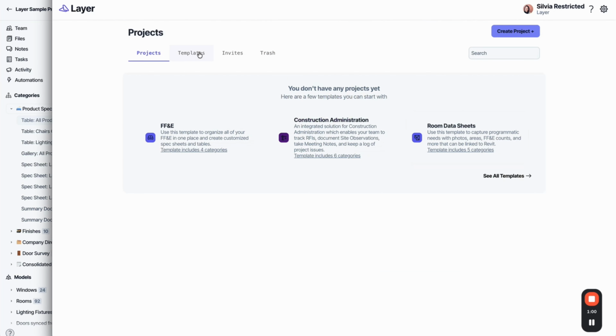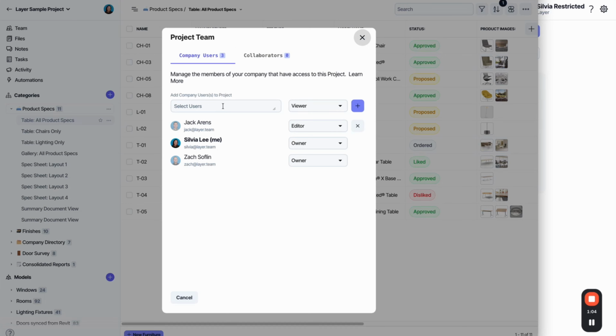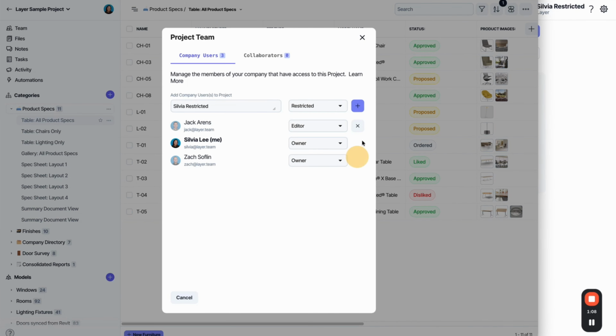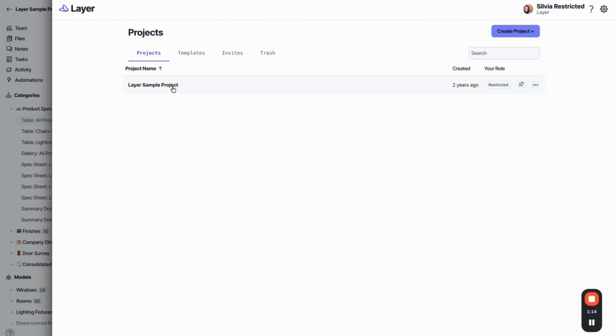So here's my restricted user. They're not part of any project yet. I'm going to add them now. Restricted. So now if I go back to this page, you'll see that they've been invited to the project. And when I open it,